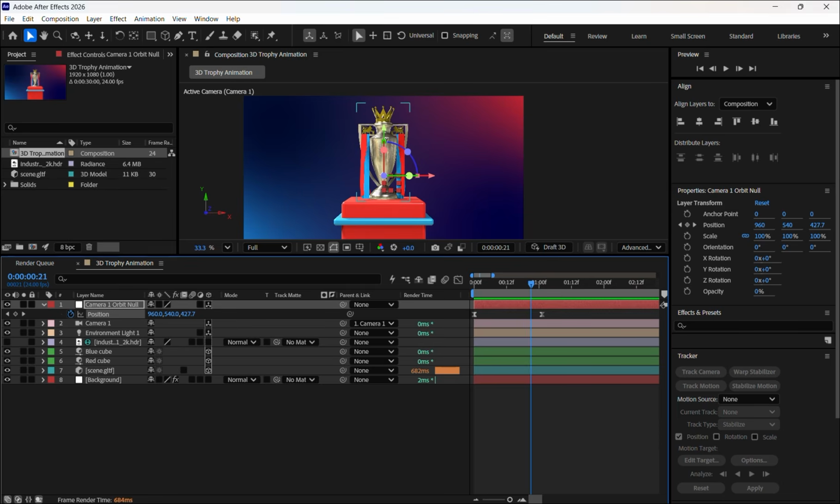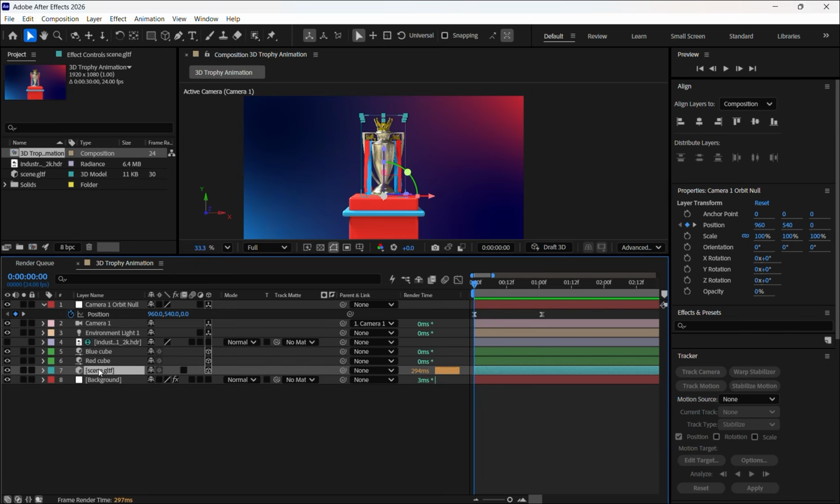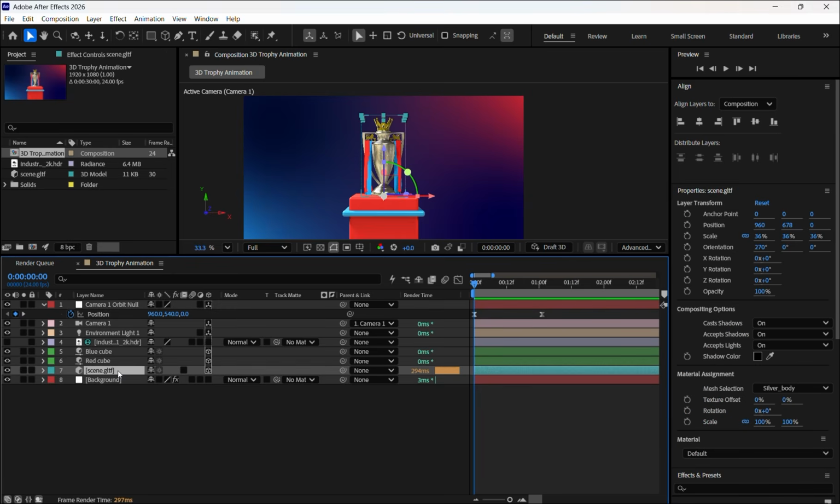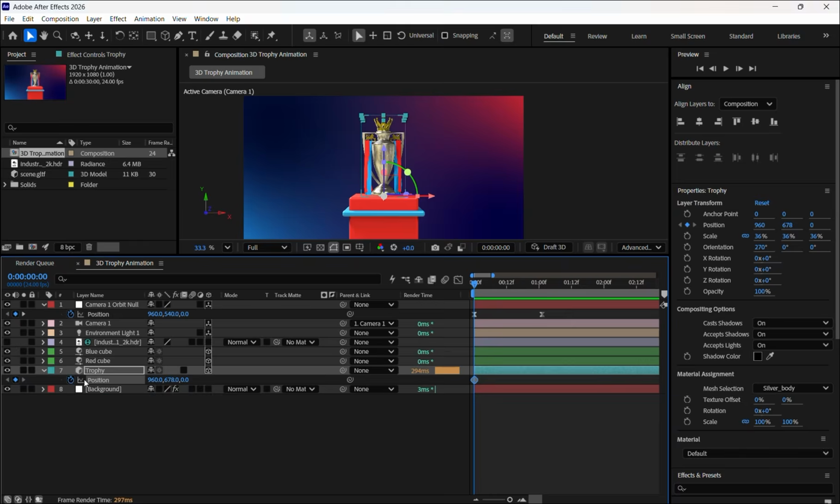Let's move this trophy slightly up and also turn it around. So for that, what we'll do is we'll select the model, that is scene GLTF, and you can even rename it by pressing enter since you have already selected it. Just write trophy. Now you can select this and press P to open the position, and here at the start add a keyframe by clicking on the stopwatch, and again around this frame